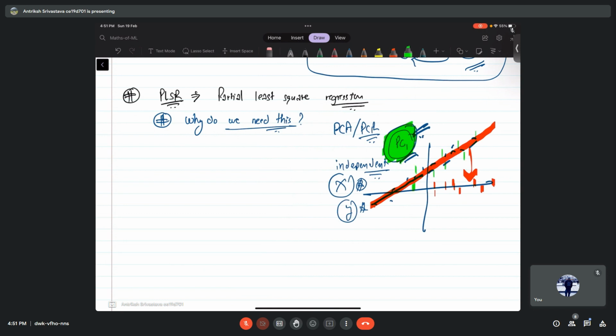It is not necessary that it is going to explain the variability in the output also. Output is what? Output is y, the label. So hence comes the partial least square regression, because it is going to use y, that is the label, that is the dependent variable,